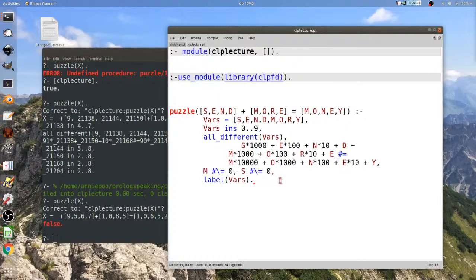Well, label is going to find a value. It's a non-deterministic predicate that finds a value that satisfies all the constraints for each variable in the passed list of variables. And so that's going to ground things for us.